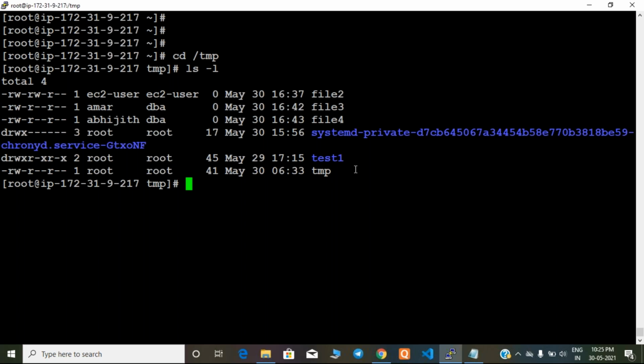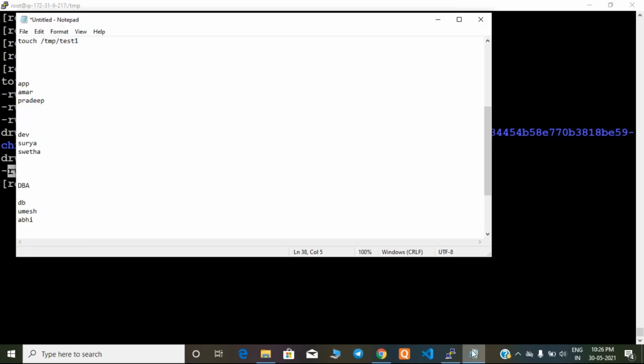I hope you understood the permission and ownership concept, guys. We can change them if required. Let me show you how to change permissions. To whom you want to give access is completely your wish, guys. By default you're getting some permission, but you can change them. Let me show you how to do it. Permissions we can set with numbers also, guys.